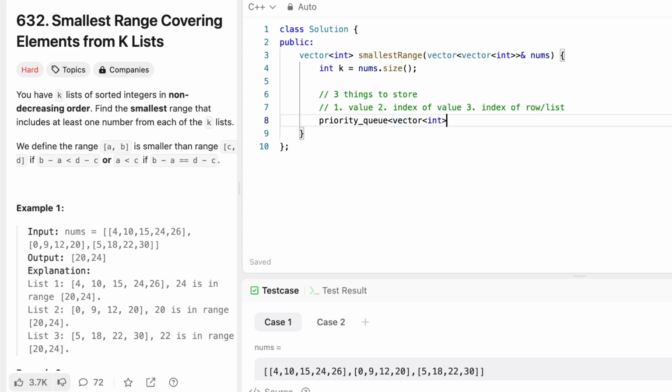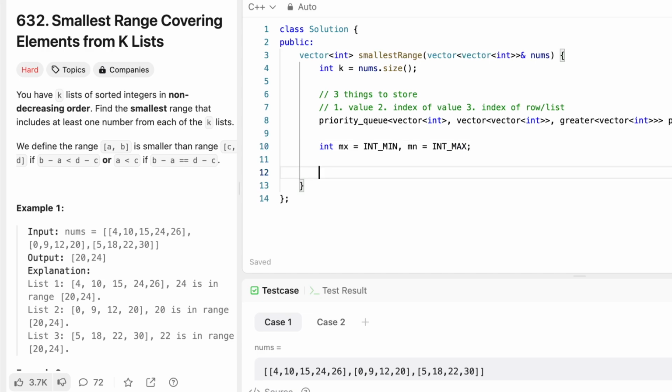Now we will store that in a vector, and for creating a min heap it will be a priority queue of vector of int with greater comparator. Okay, now we have the priority queue. First we will create a maximum value that will initially be assigned the minimum, and a minimum value that will be assigned int